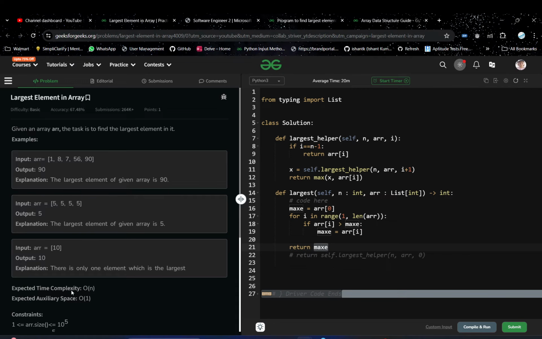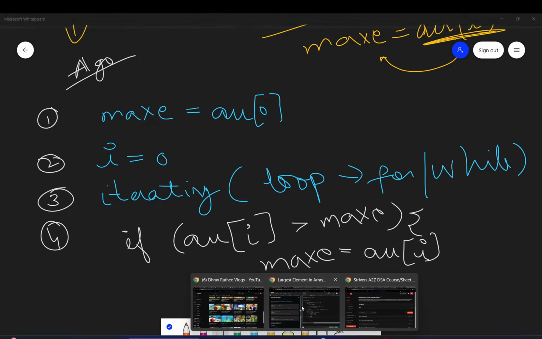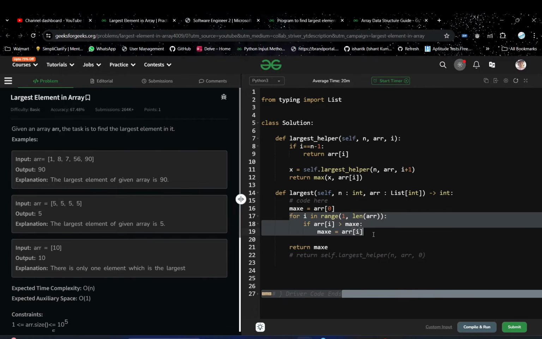Time complexity, let's understand that. What do you mean by time complexity? Here we are running a single loop, and we are not using any nested loop. So how many times will this loop run? It will run len of ARR times. Here obviously you can write n also, because n is the length of the array.